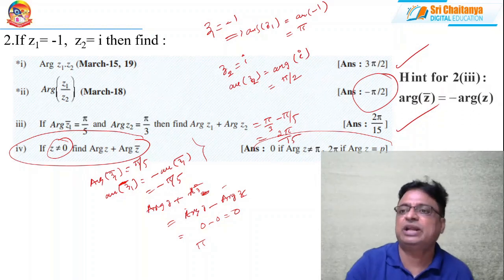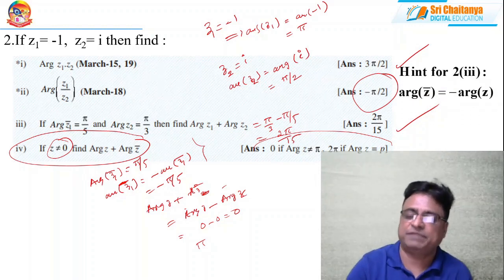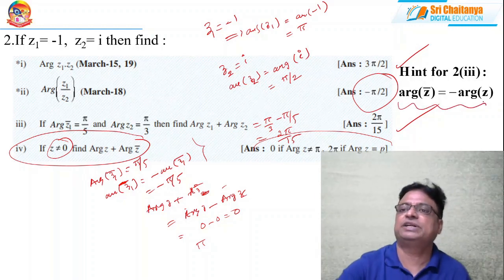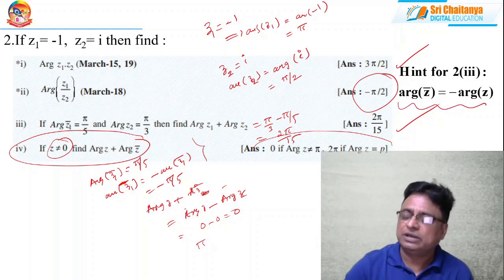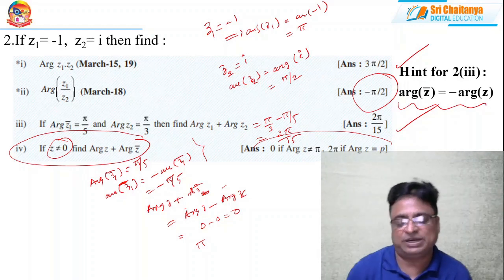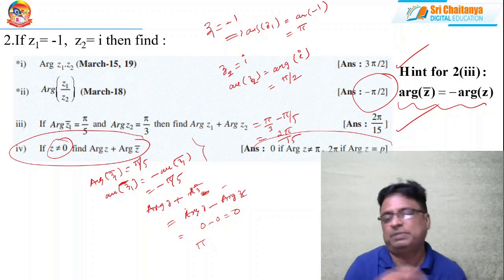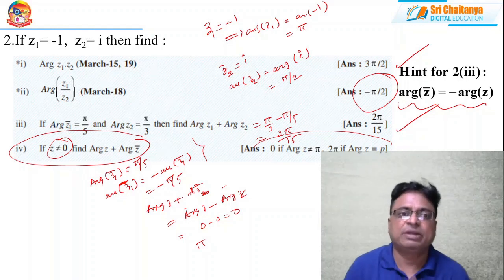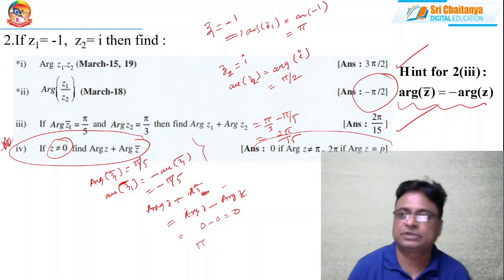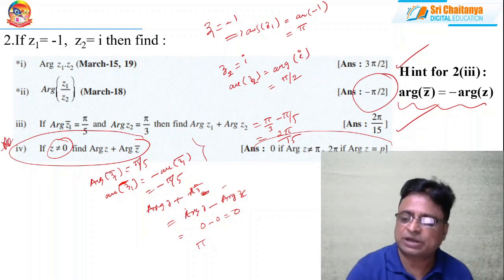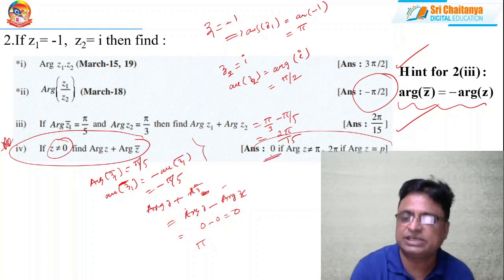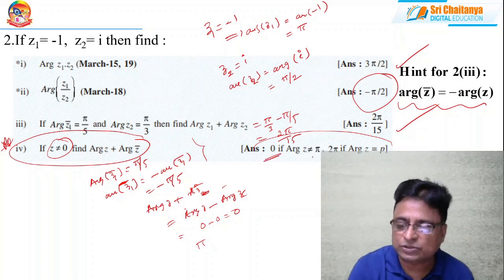As a hint also, here I am giving one important piece of information for you. You please practice. Argument of Z bar is equal to minus argument of Z. This is the general value, and for the particular value, 2 pi minus argument Z, that I have already told in our previous videos, please check. But the fourth bit is very, very important. You have to practice. Clear? So argument of Z bar is equal to minus argument Z. With that, you will get this as 0, or you can get this as 2 pi.